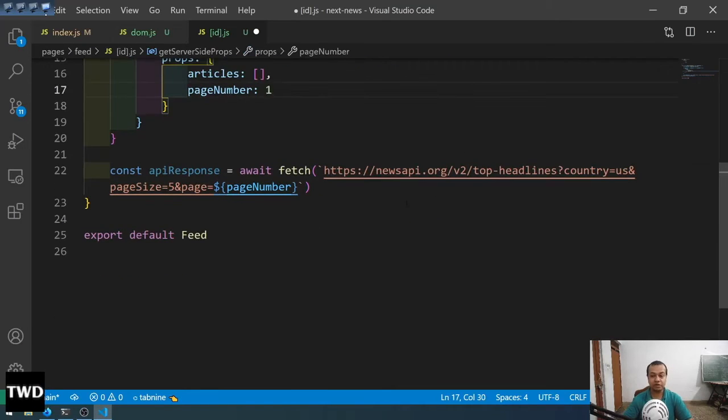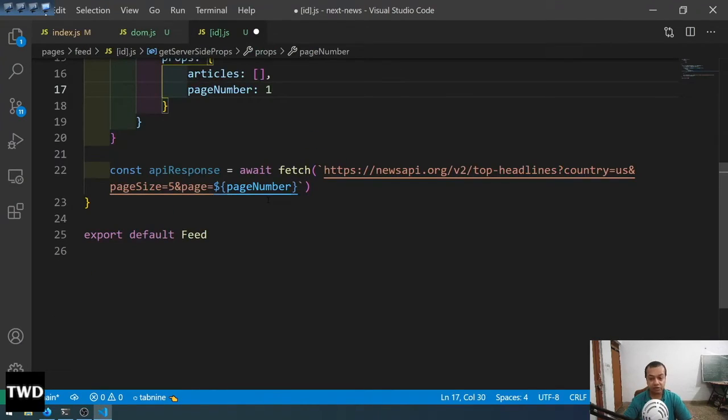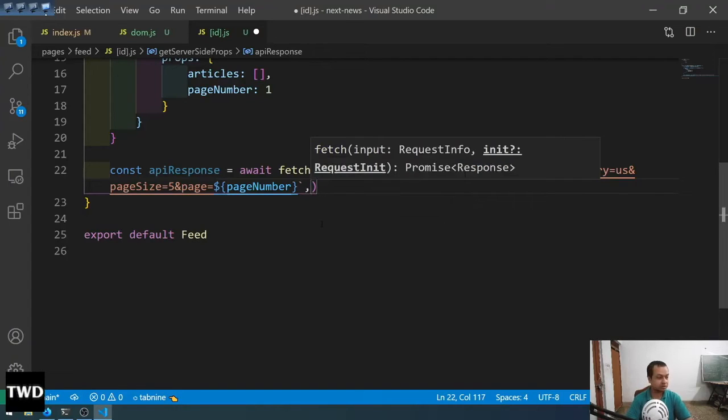Hoping I have written everything right, or else it will give an error. It doesn't matter. Here it is different than the DOM. Why? Because we want an API endpoint, so we need to give the API key. In fetch we can pass it as a parameter, like this, comma,